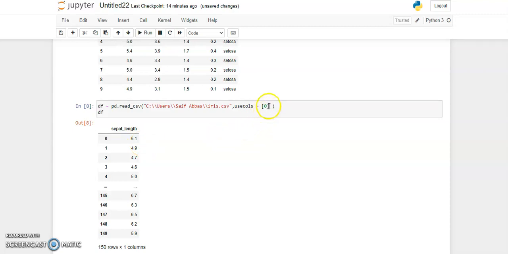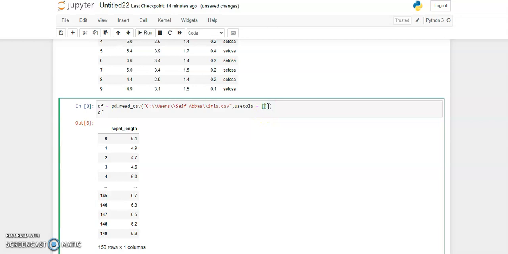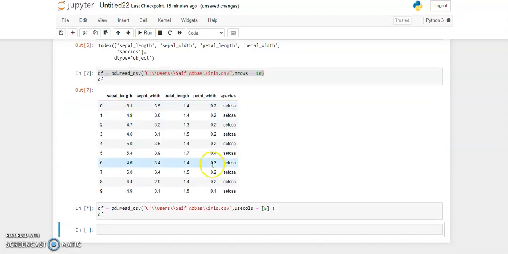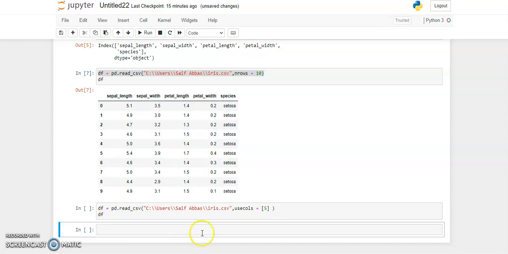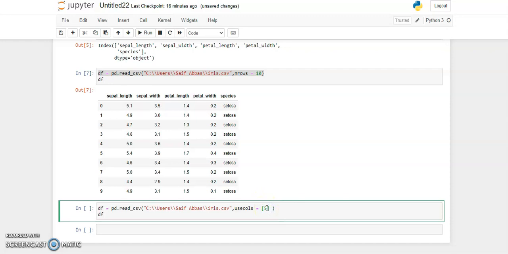If you want to access, suppose, the fourth column, you need to pass 5 here, and then run. Okay, you can see we have only 5 columns, so the index 5 means the sixth column, but we have only 5 columns.